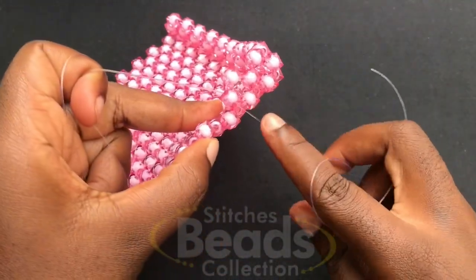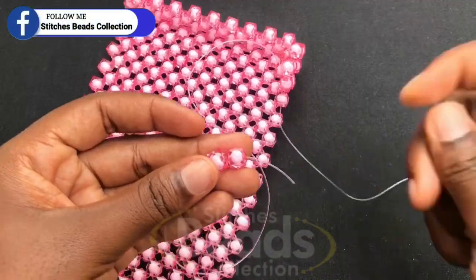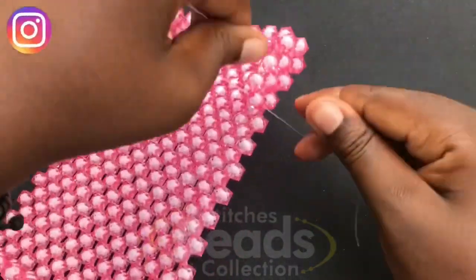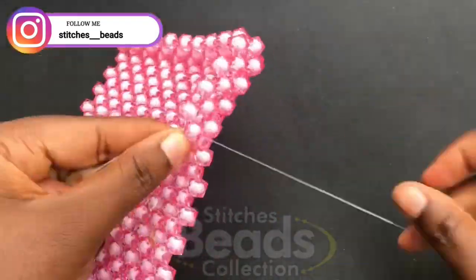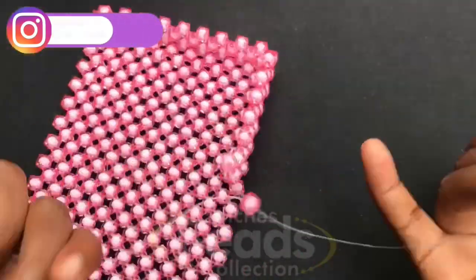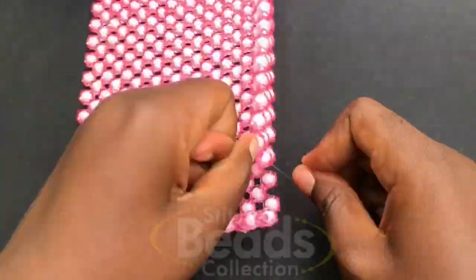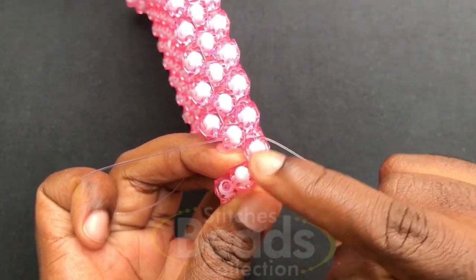Then with the right fish line, you go through the next bead. You still pick 2 beads, fix on the left fish line, cross with the second bead using the right fish line, and then you weave on with the same method to the last but 1 bead. Get to the last end. With the right fish line, you go through the next 2 beads here,